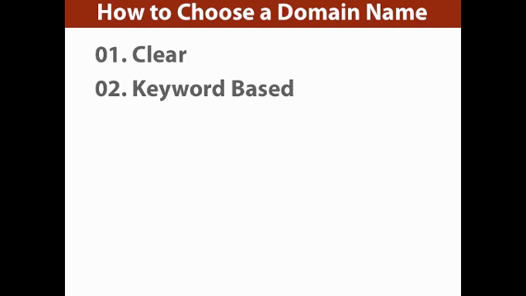People will be able to type this in, know exactly what it is, and it may also be what people are actually searching for. So in the last video, when we talked about choosing your niche, look online, type things in, find out exactly what people are looking for. What are they typing in to find these certain marketable products?